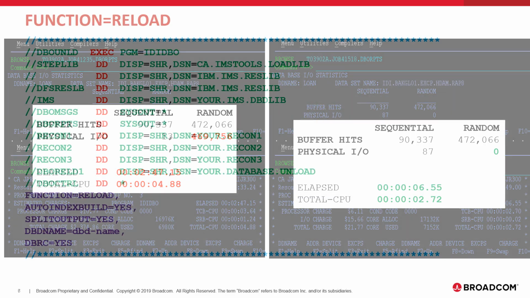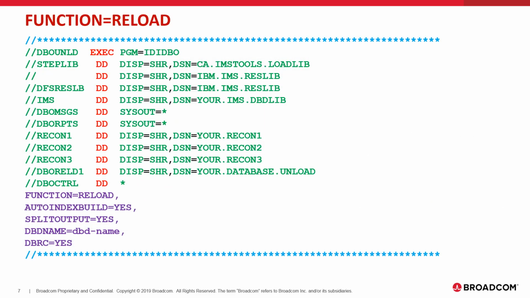Now let's see how the reload process can also be improved. Here we can see a sample reload step. It's well known that indexes can greatly improve the performance of a database. By setting the control statement auto-index-build equal to yes, you can tell DBO to create the indexes automatically during the reload. Creating the indexes during the reload avoids the need to read the entire database again and increases the efficiency